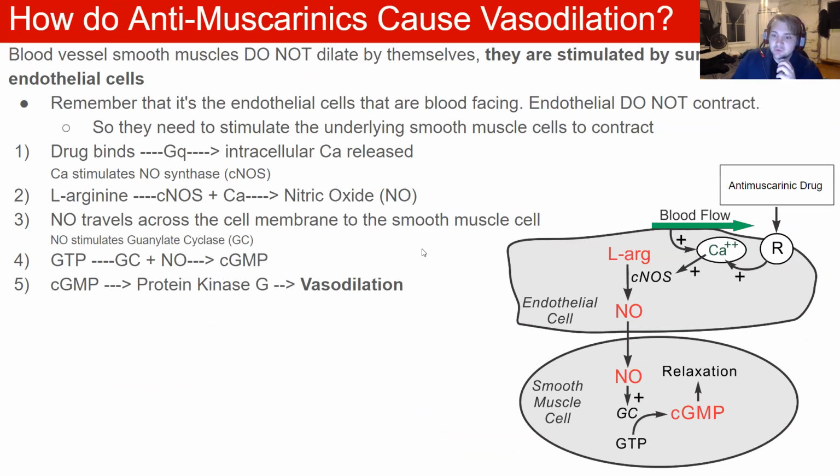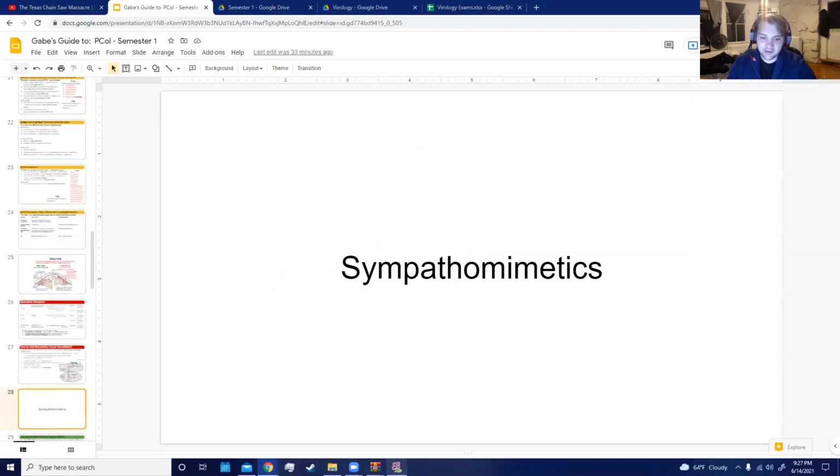So this question is, well, how do antimuscarinics cause vasodilation, right? And it's kind of an interesting mechanism because what's important to know here is that the blood vessels of the smooth muscles do not dilate by themselves. They're stimulated by the surrounding endothelial cells. So it's the endothelial cells,